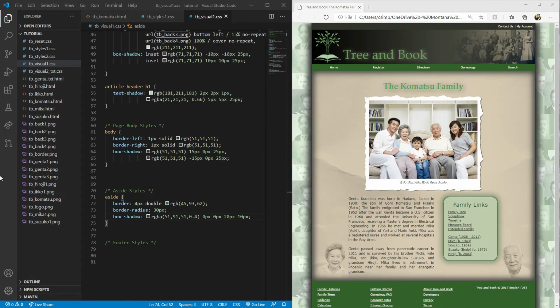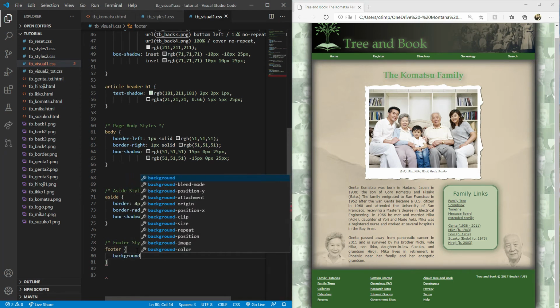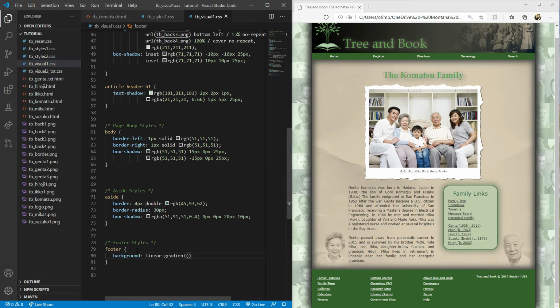So I think gradients are really pretty and I like them a lot. So I'm really glad that they added one in here to the footer so that we could see how that gradient works there. In our footer, instead of just that green background that we have now, I just need to scroll down a little bit. We are going to say for our footer, we want to add a background. And in this case, our background is going to be a linear gradient. And we're going to do